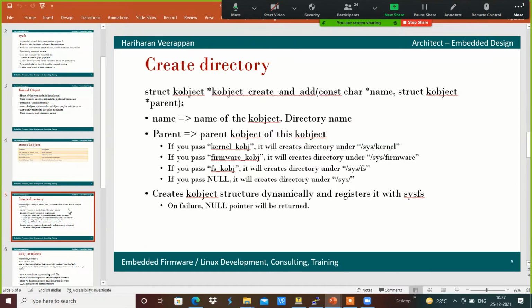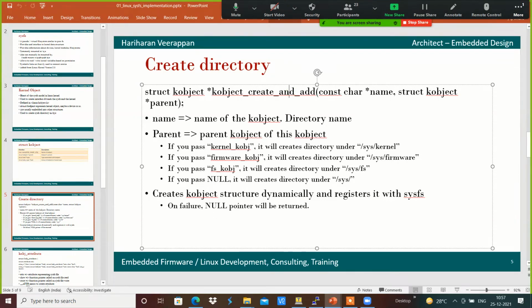For example, if I wanted to create a directory, the same way like sys class, it does that creation. With kobject create, I am going to add something like kobject_create, which will provide the respective kobject output.